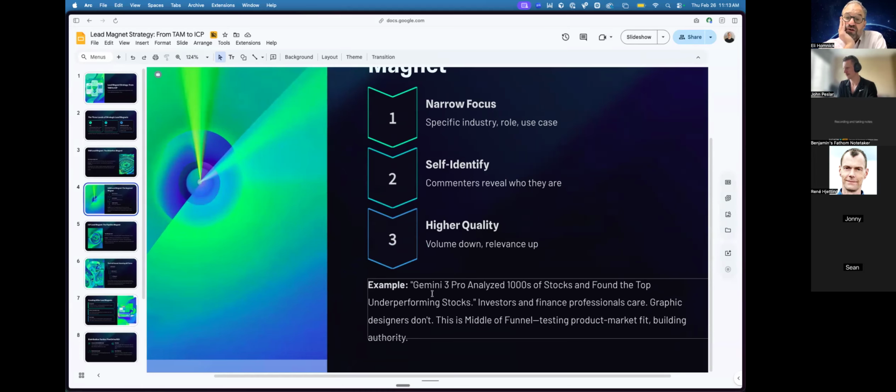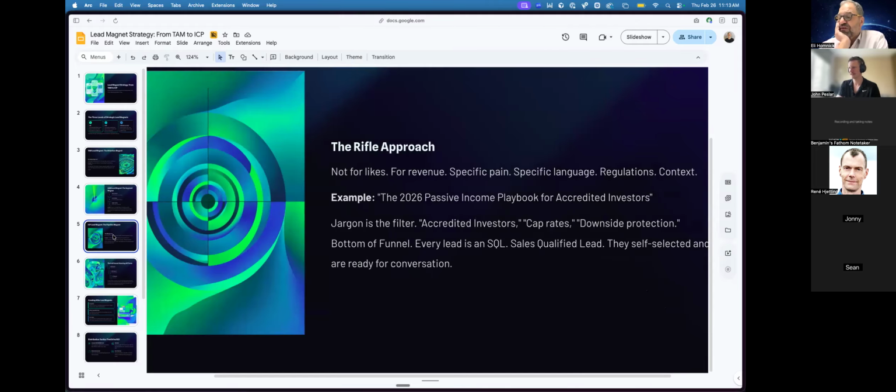For example, Gemini 3 Pro just analyzed 1,000 stocks and found the top underperforming stocks. Perfect, because Gemini 3 Pro is trending and stocks has to do with finance. That's bridging the two worlds together. That's an example of a SAM lead magnet. These also can go super viral. It can attract a lot of people, but it's going to attract a lot more than what an ICP